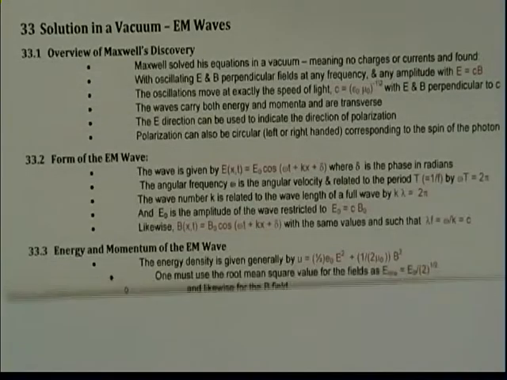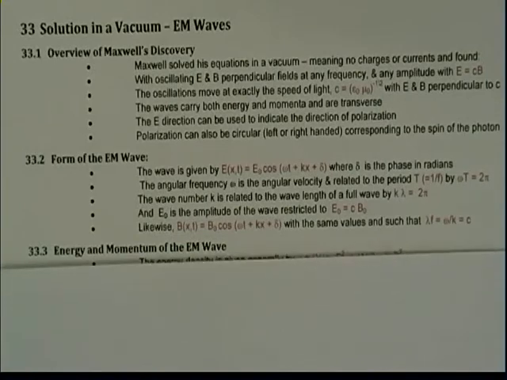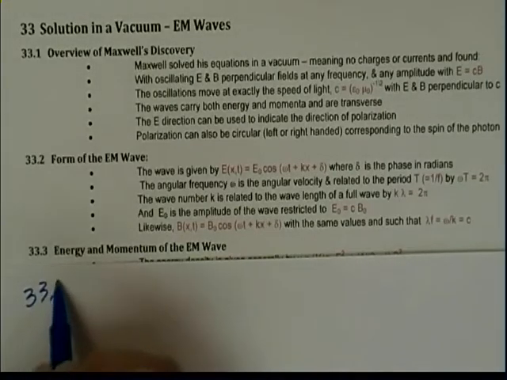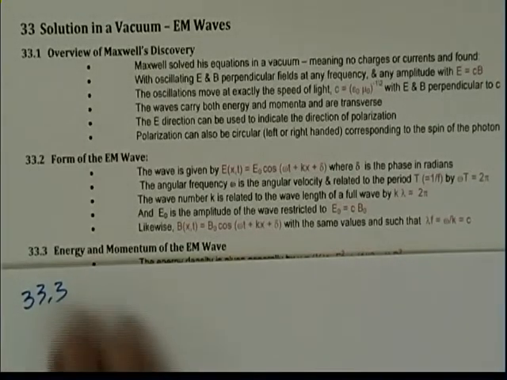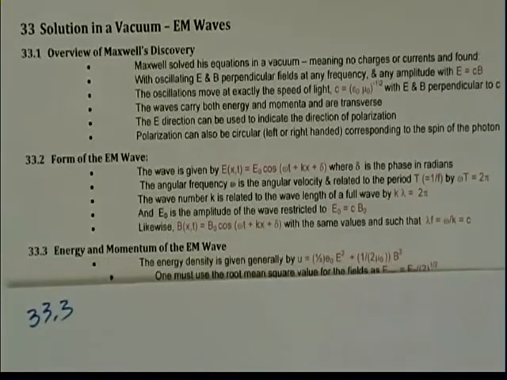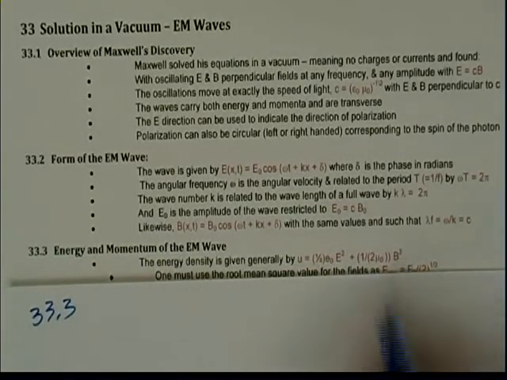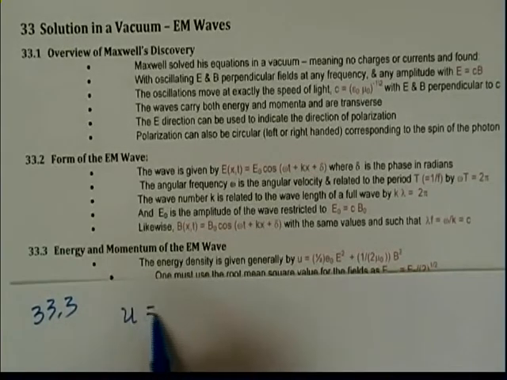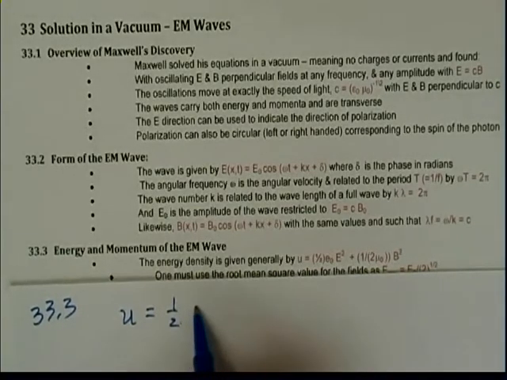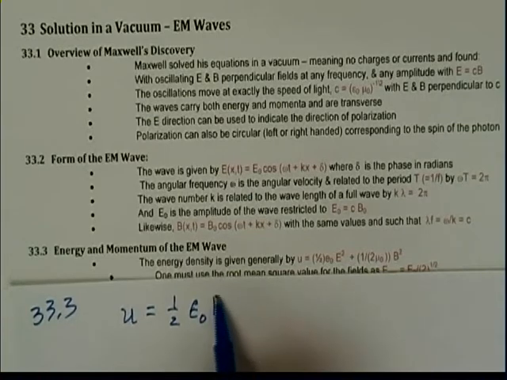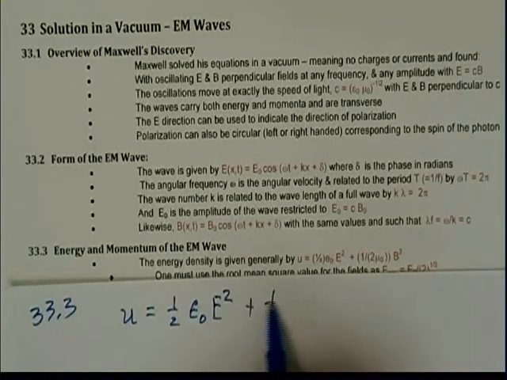In the next module in Chapter 33, Module 33.3, we wish to discuss the energy and momentum that are carried by an electromagnetic wave. We'll not spend a lot of time on this at this level in the course, but there is an energy density, U, that is 1/2 epsilon naught times E squared plus 1/2